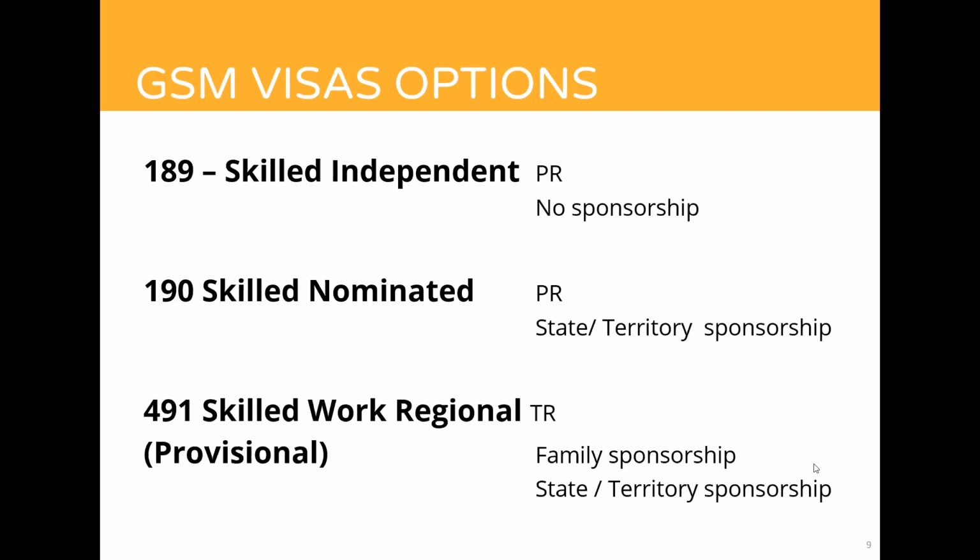So of these 3 visas, whilst the 189, if you're eligible for it, would be the one to go for, it is the 491 that in fact gets priority processing, because the Australian government is trying to encourage people to move to regional areas of Australia. And the 491 is a good way to do it because it has conditions which basically tie the visa holder to living in that area. The second priority ranking comes with the 190 visa, and after that, the 189 visa.